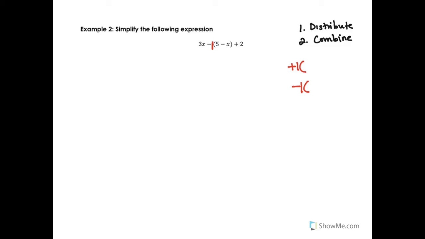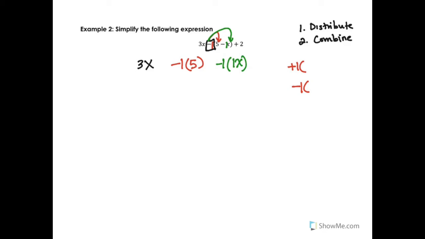Now, if I begin with the first term in my expression, this 3x, I notice that I'm not doing absolutely anything with it, so I'm simply going to write it here to the side on the same line where I'm going to be doing my work, just so that I know that I won't be forgetting it. So I'm going to take this negative 1 now, and I'm going to distribute it first to the 5. So I have negative 1 times 5. Then I'm going to take my negative 1 and distribute it to this negative 1x that I have over here. So I have negative 1 times